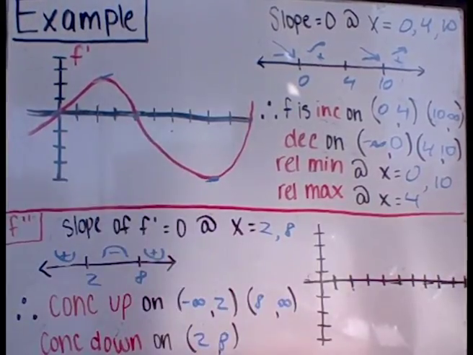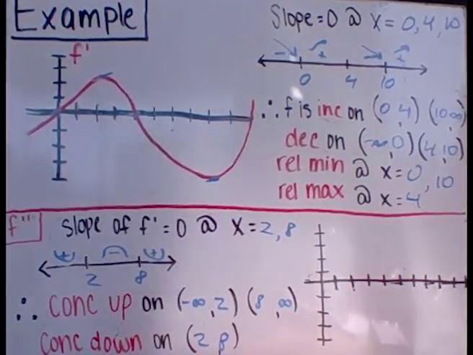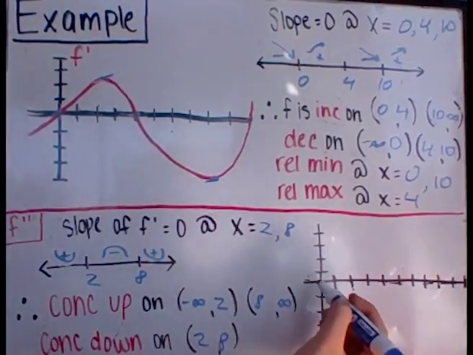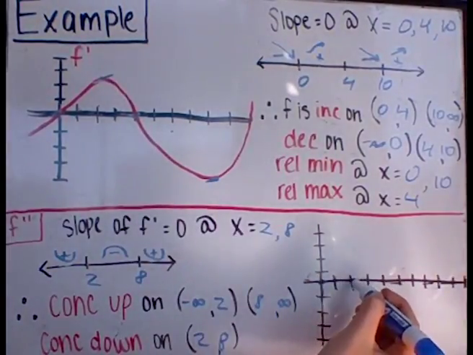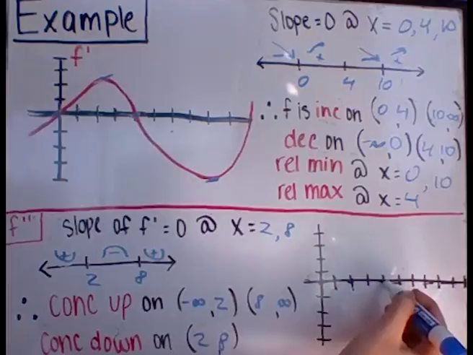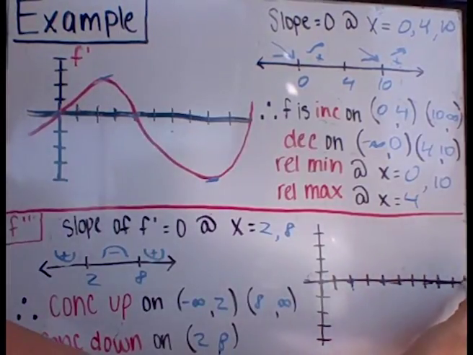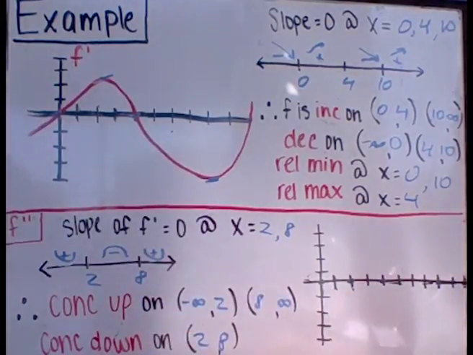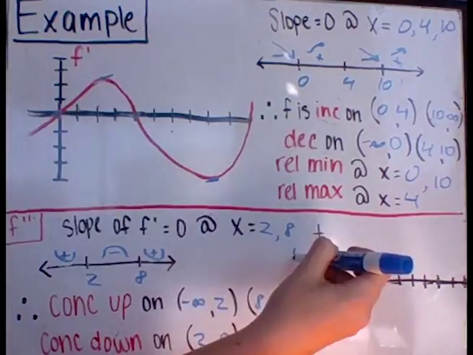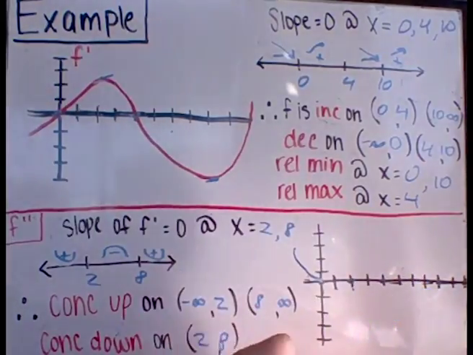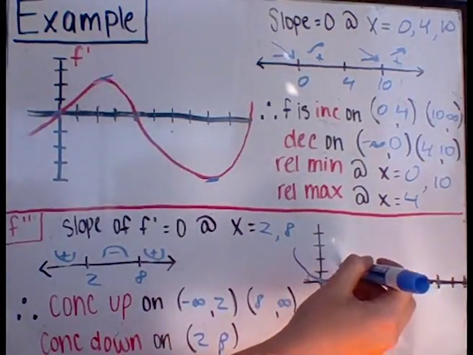Now it's time to draw that coaster. A useful pro tip is to take all of the critical numbers from the first and second derivatives and make sure to mark them on the graph, just so you remember where they are. Then we can go back and, using all of the information that we found out about the intervals, start to sketch the graph. So first we start out with decreasing concave up, then increasing concave up,